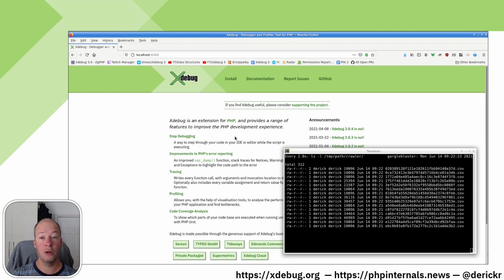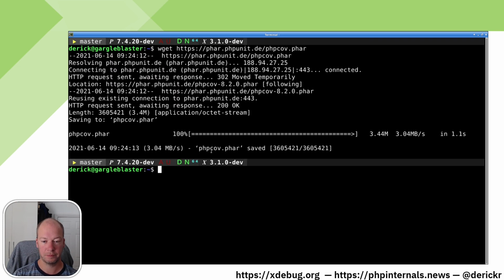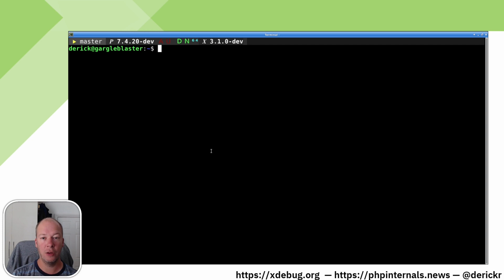Our third step is now to merge this information and actually generate some code coverage output. To merge this data together, we use another project from PHPUnit, PHPCov, which we'll download from their website. This tool is provided as a PHAR, but there's also other ways of finding it. The PHPCov tool can take all the files that we have created and then generate a final report after merging all this information. For that, we use the merge command. And as output, we use --html with the location where we want our report, and then provide a path where we have collected our information. Now let's run this.